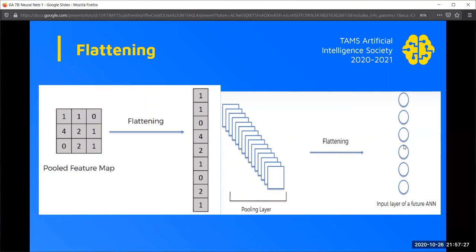we do what's called flattening. So we have our pooled feature map here. And then by flattening, basically you're taking this matrix and turning it into a vector, like Joaquin explained earlier. So if you can see, all these elements of the matrix get shoved all into one. So originally it's a 3x3 matrix, but now it becomes a 9x1 matrix, or in this case, a column vector, right? So yeah, and then with another image, you have your layers, your pooling layers, and then you just flatten it all into one